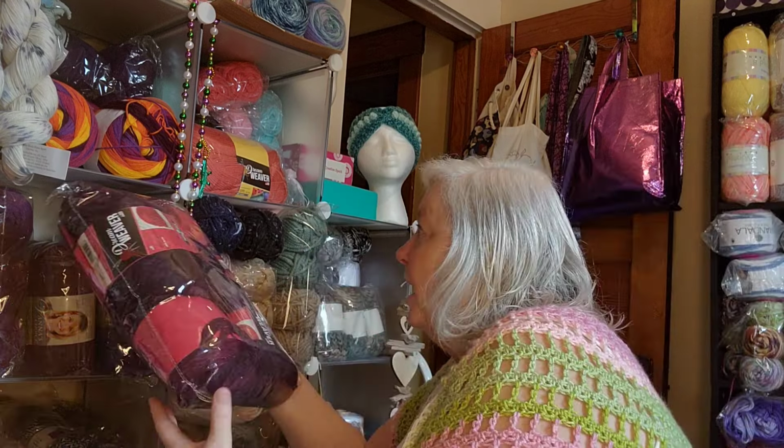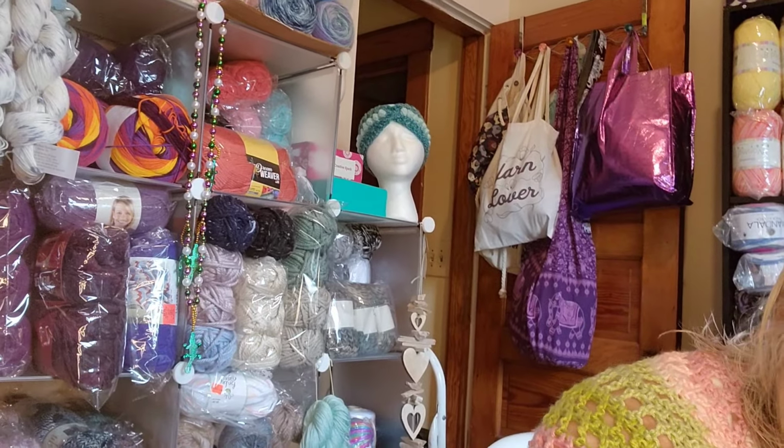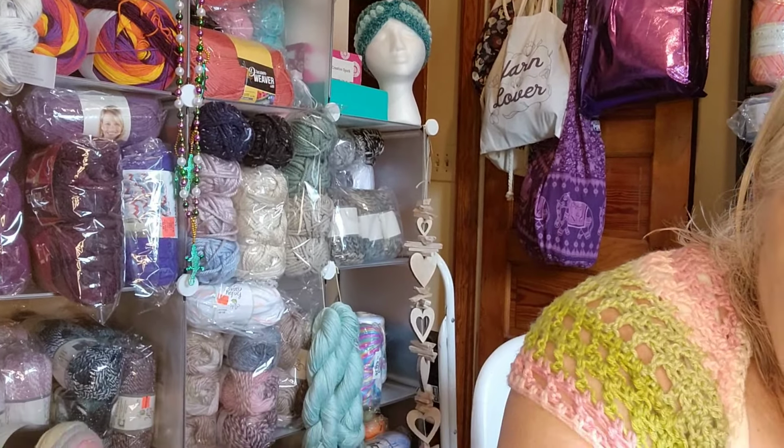I think. We might need to do this a different way. Let's take this one out and push this one in. And then that can go up there. Because in this cubby, again, you can't see it very well. Let's see if we can fix that a little. Angle you down a little. Okay, right there. So in this cubby right here, along with this beautiful Dulce Cashmere, I really need to find